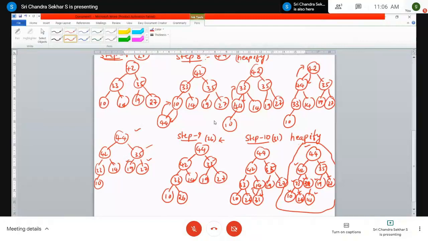Now what is the height of this heap? The root is always treated as present at height 0. This is height 1 and this is height 2 and the last one is height 3. It is satisfying floor of log n base 2, that is floor of 3 point something, which is nothing but 3. It is satisfying, right? So this is a very important concept, and there are some very simple questions that can be asked on it, which I will discuss when you go through the insertion and deletion part, right?